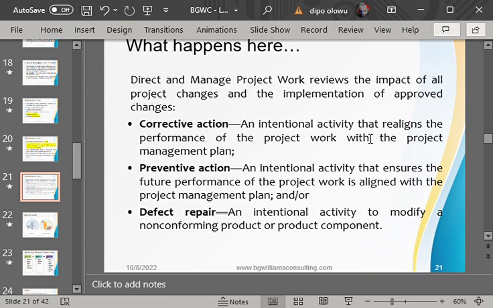Then the third one, defect repair. Another word for defect repair is rework. Another word for defect repair is referred to as what? Rework. All right. At this point, when do we notice defect repair? Defect repair comes in when the customer discovers the error by himself. So defect repair is a situation where the customer, maybe during supervision, now discovers the error.